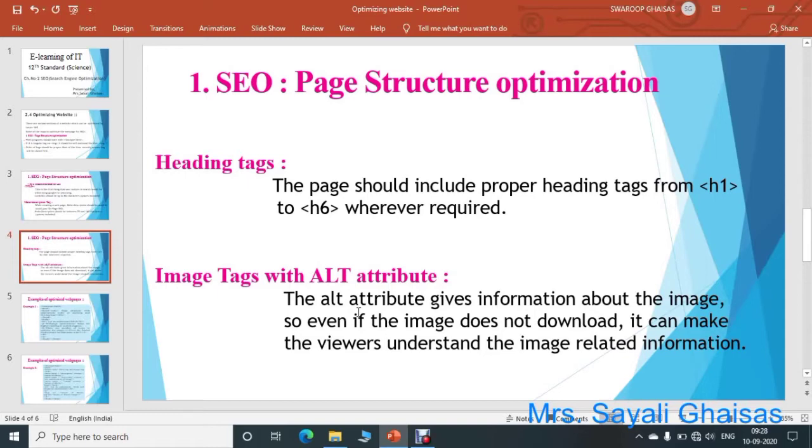Then if you have used the ALT attribute within the img tag, the ALT attribute gives information about the image. So even if the image does not download or is not visible, it can make viewers understand the image related information, that is which kind of image it is. That information the user can get. So that is the use of the ALT attribute.